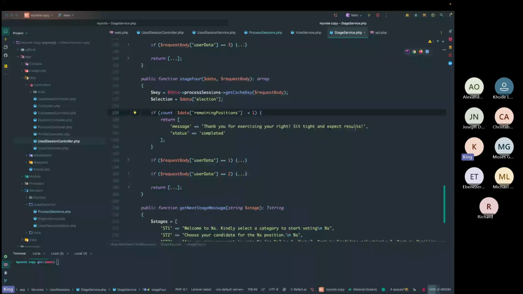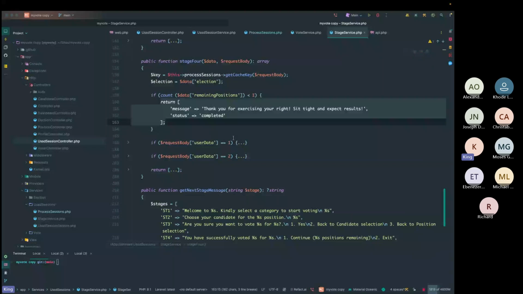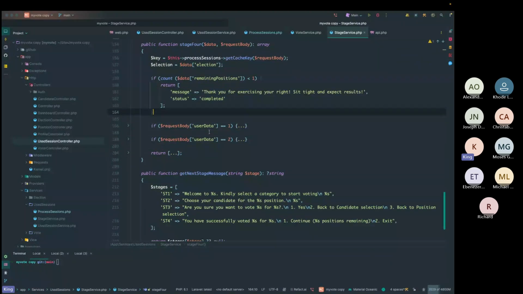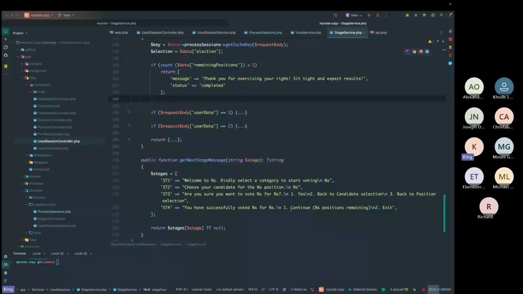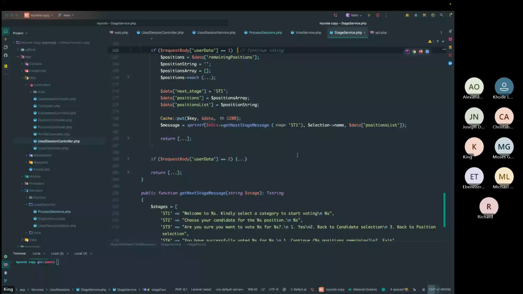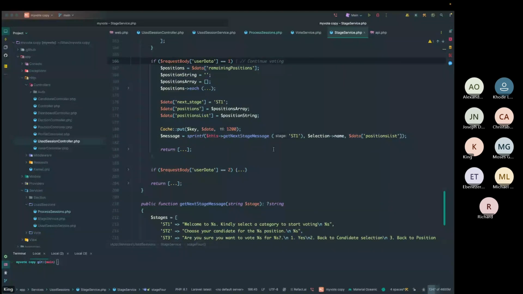So you have finished voting. But if there is still more, then you are definitely going to see this continue and then exit. And if you select continue, which is 1 from here,